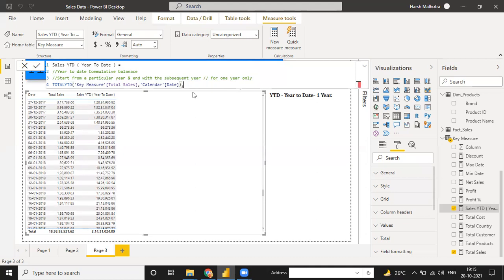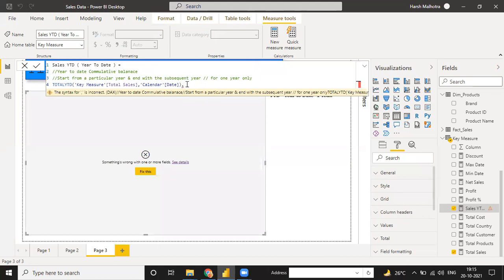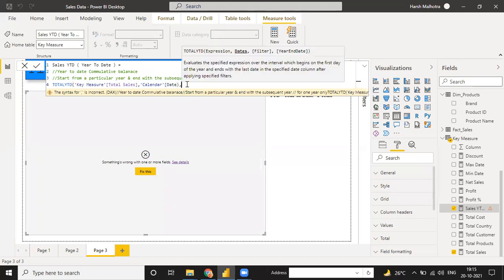So just click on this comma. Let me go through it again. Okay, and just put your comma. Oh, sorry, I think the function is changed.